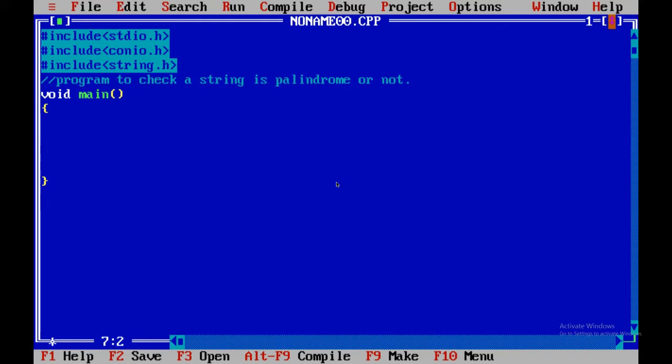Now we are declaring the variables which we will use in our program. So first of all, we are going to declare a string storing variable. I named it as s, and the size of this is 200. I will assume it will have 200 letters, that is, it can store up to 200 characters. You can maximize it or reduce it as per your convenience.